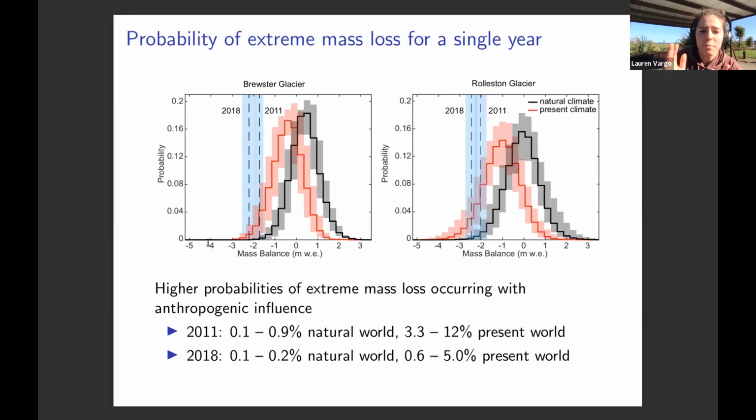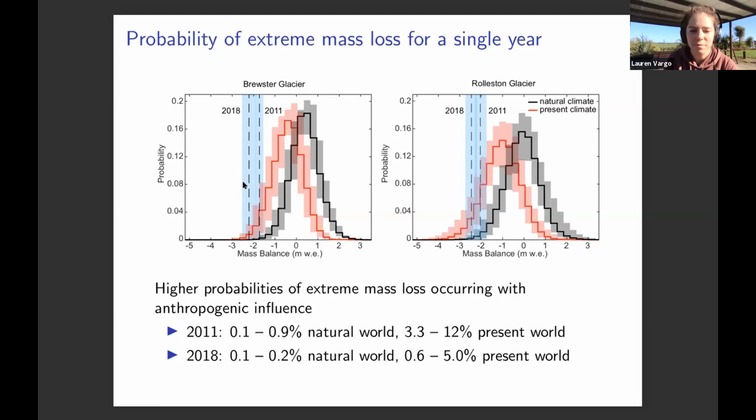For both glaciers, the present climate, so with human influence or with climate change, is in red. The bold line is the mean of all the simulations, with the shading showing the range of different models, different model parameters. And then the black is for natural climate, or the climate without humans. For both glaciers, the vertical dashed lines are the measured mass balances, with the blue showing the uncertainties in the